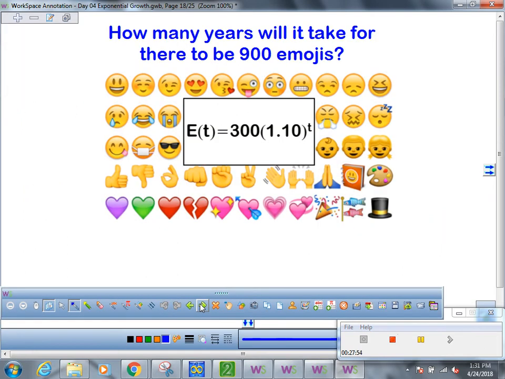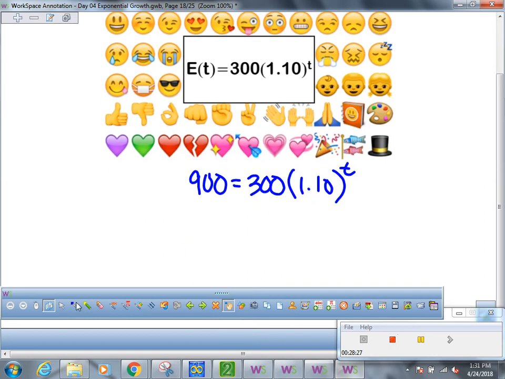All right. So here again, how many years will it take for there to be 900 emojis? I want to know after how much time there are going to be 900 emojis. Now here's the important part that I was talking about earlier. I can actually solve this, but it's going to take logarithms. We're not going to do logarithms yet, right? We're just doing exponential functions. Because this is the way I would go, and I don't get freaked out, this is the way this would go. I would divide both sides by 300,